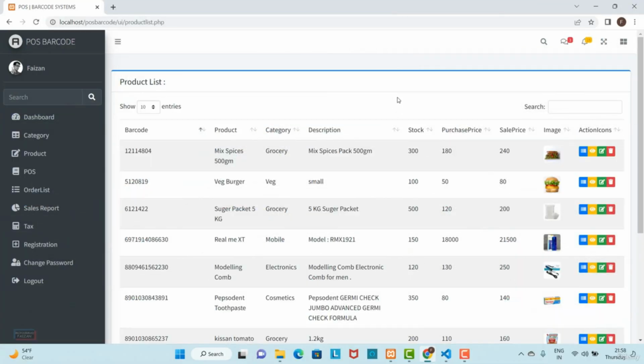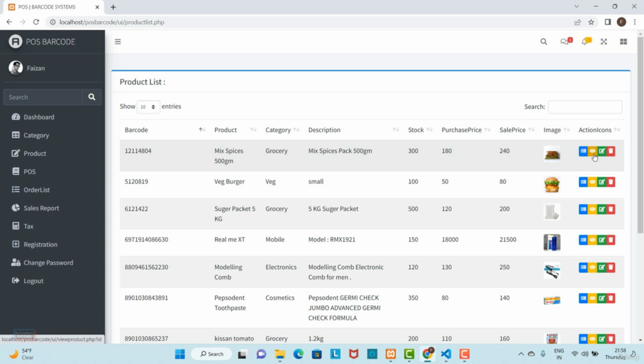Hey, welcome back friends. So in the previous video we have successfully designed our productlist.php page, and in the previous videos we have created these 4 buttons for barcode, for the view product, for the edit product, and for the delete product. So from this video we are going to work with view product, then we will work with edit product, then we will work for the delete product. After these 3 buttons finally we will work for the print barcode button. Okay, so you can see here we need to create a viewproduct.php file